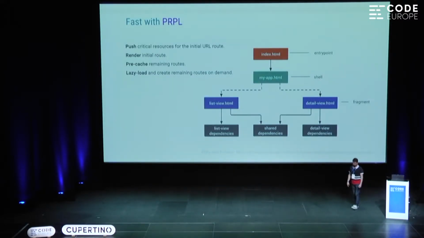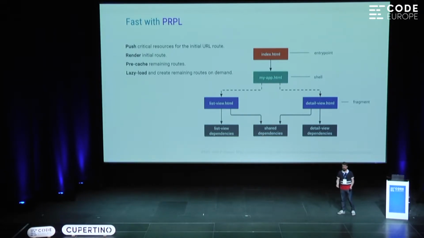The PRPL pattern is about showing things on screen as fast as possible. Now that we have the service worker, this is possible. The old way of doing things is you go to a site, everyone just downloads things, they don't even resize the images, they don't care about your data plan, and it just takes a while. Sometimes maybe even 13 seconds on a cell phone to just see a website. And we really want to get this down to 1 second.